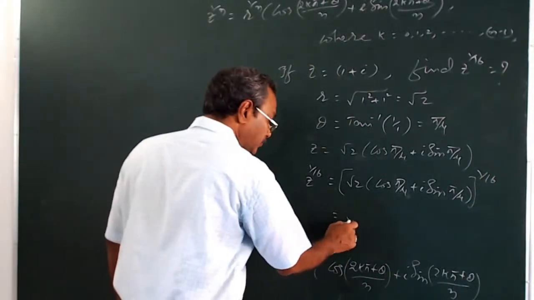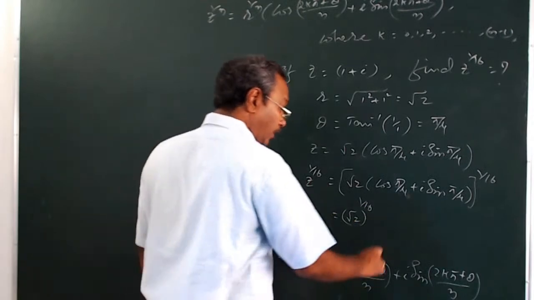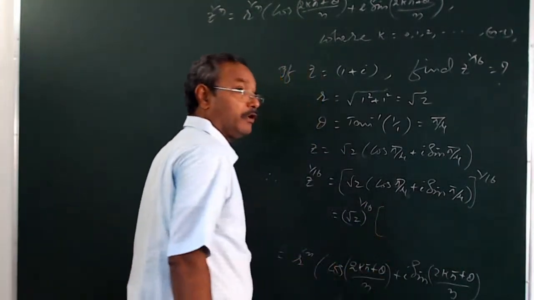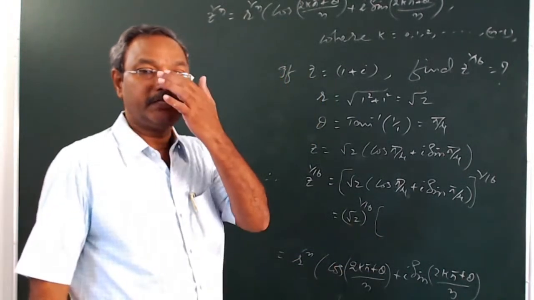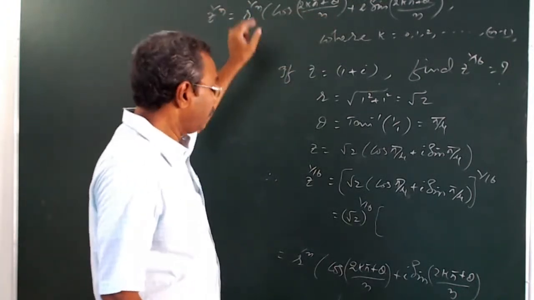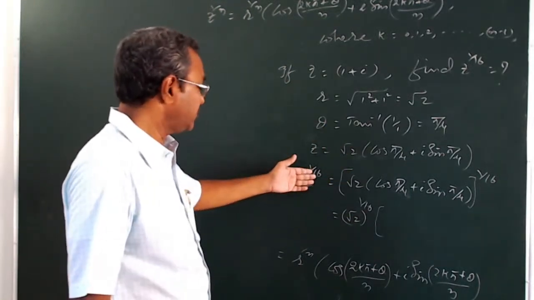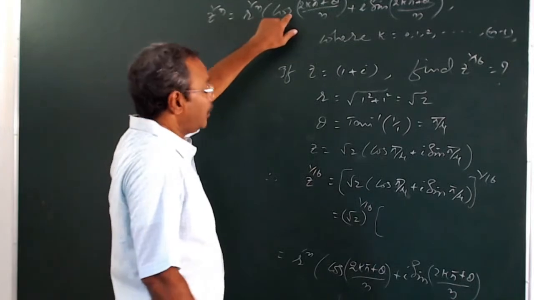That is root 2 to the power of 1 by 16 into... how to write the nth roots of the complex number? You got this formula here: r to the power of 1 by n, root 2 to the power of 1 by 16, because our n is 16 here, into cos